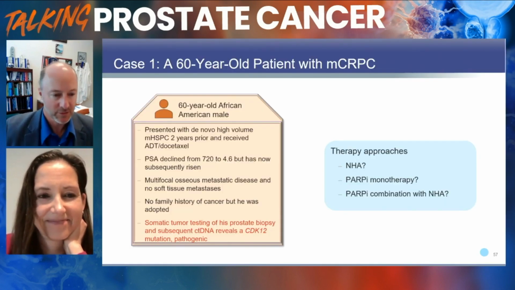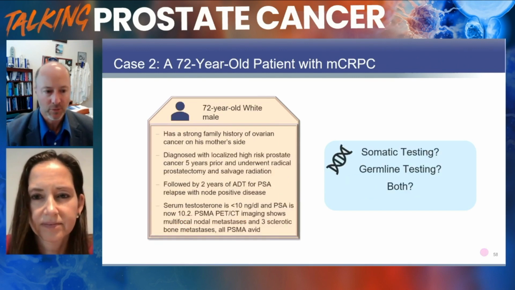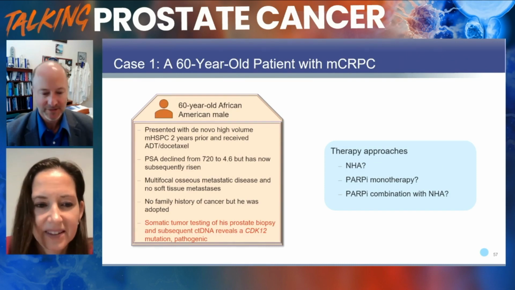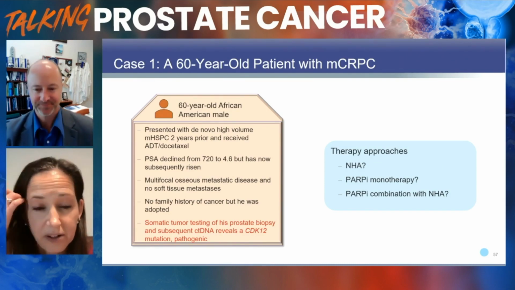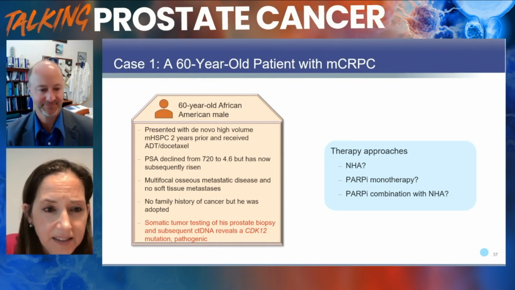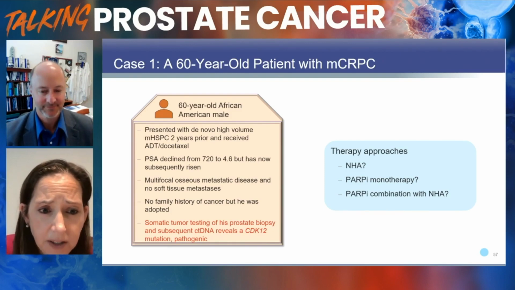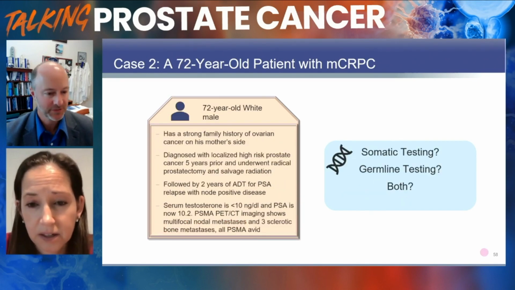And the second question is basically the exact same patient, but what about if you find a CDK12 alteration? What therapeutic approach would you provide for this patient? Dr. Dorff, how would you answer this one? Well, we saw in the FDA pooled analysis that CDK12 does predict for benefit from the combination in the combination studies, and this patient has only had docetaxel, so I would go with a PARP inhibitor combination with an